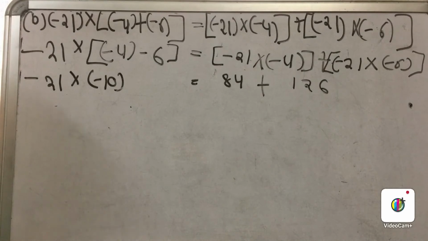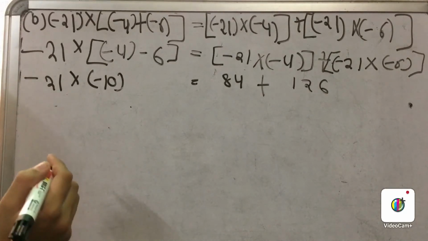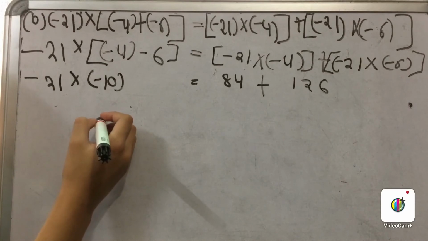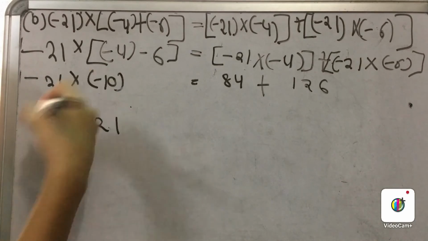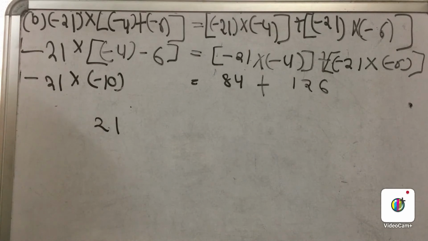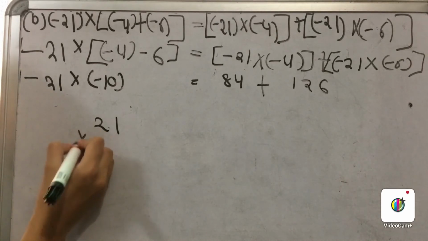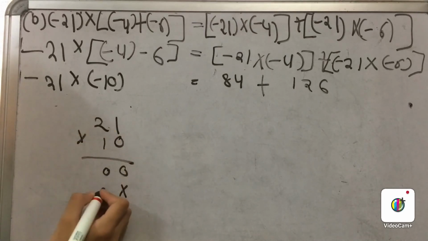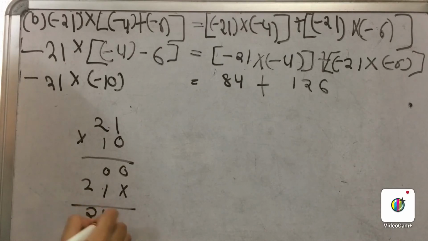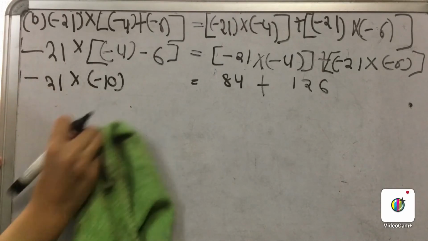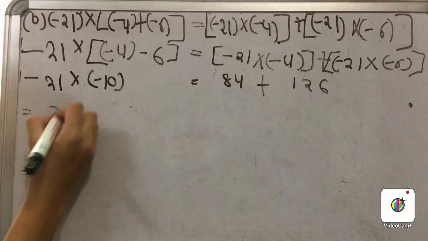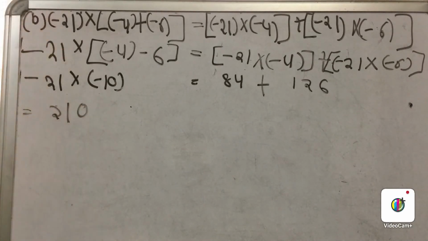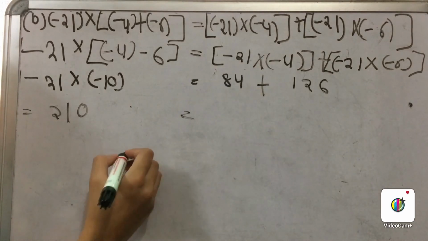Now here we are with our last. So here we solve the LHS. 21 multiply 10, 0 1s are 0, 2 0s are 0, 1 1s are 1, 2 1s are 2. So this will be 210. So 21 multiply 10 is 210. In which sign? Here's a multiply, so it will be minus minus plus. So 210 in positive.